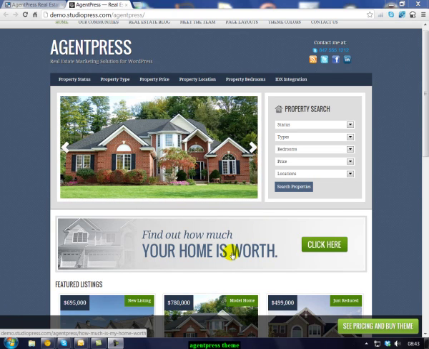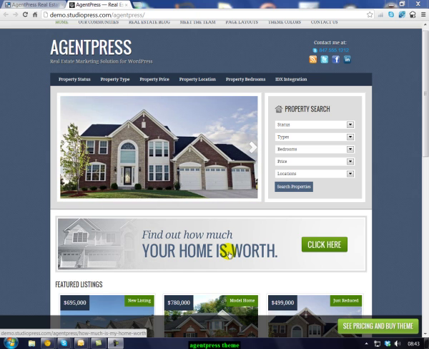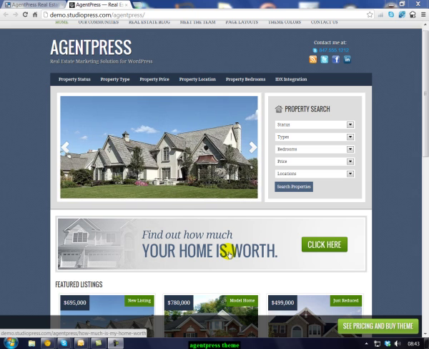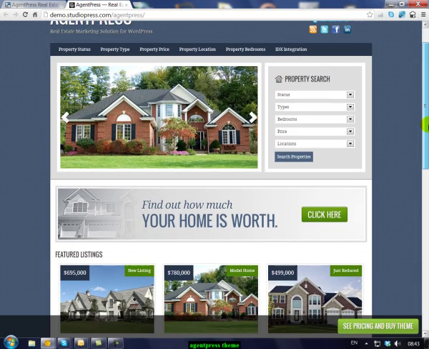Today I'm just going to give you a quick tutorial on how to set up taxonomies, the slider and the property search in the Agentpress theme. Quite a few people on the forum seem to be having a little bit of problem getting this set up. Well, this is the basic